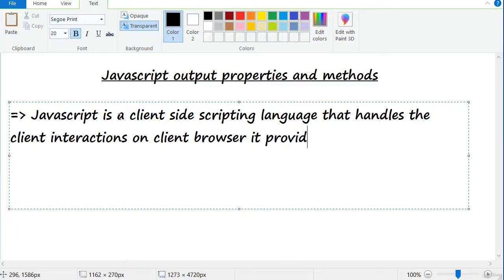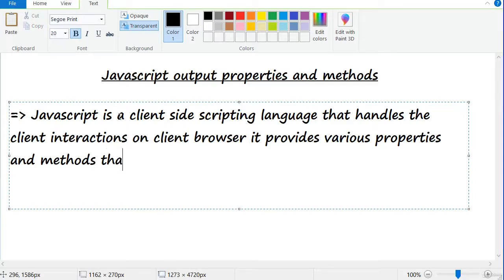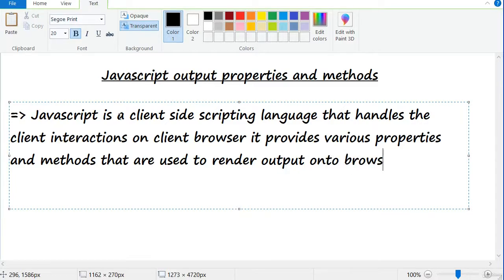It provides various properties and methods that are used to render output onto the browser. Just now we have discussed that JavaScript is a client-side scripting language that handles the client interactions on the client browser. It provides various properties and methods that are used to render our output onto the browser.